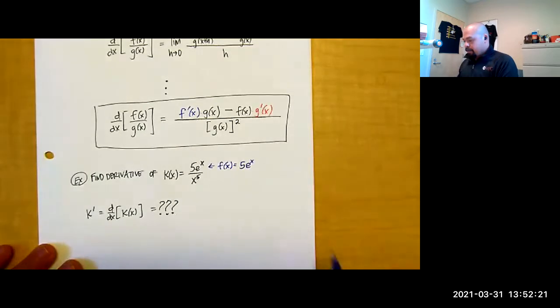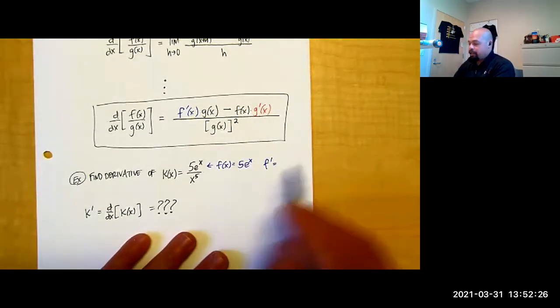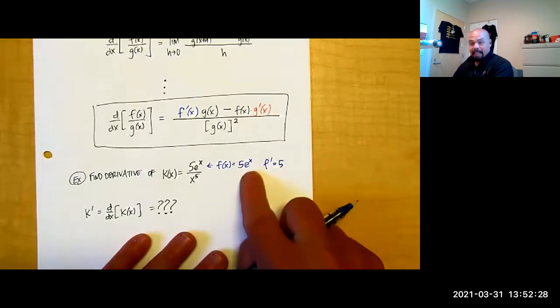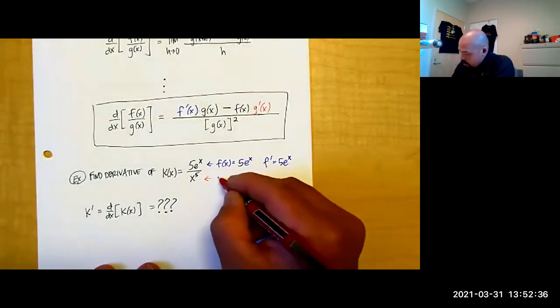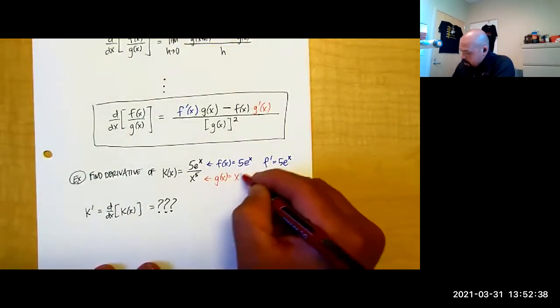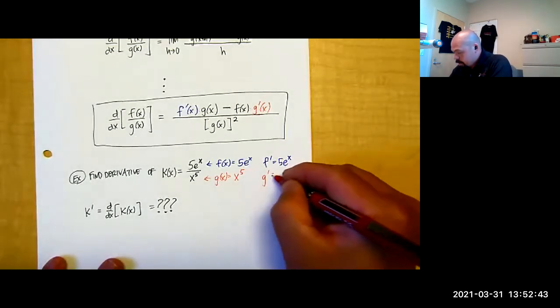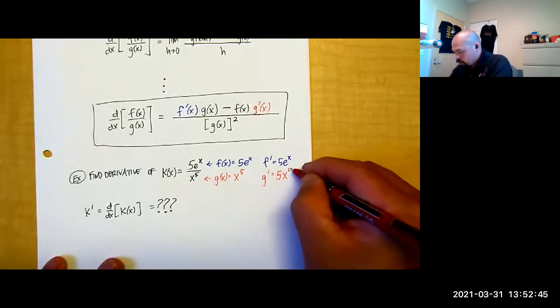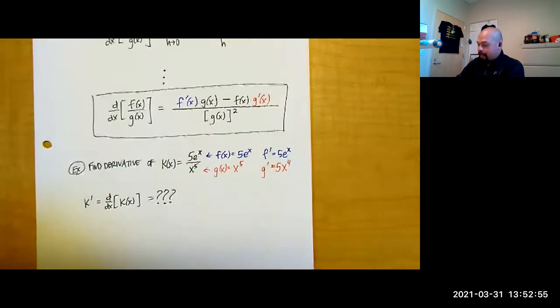5e to the x, the derivative here, f prime, that constant, that coefficient stays with us. The real function, e to the x, the derivative of e to the x is e to the x. Our denominator function, g of x, that polynomial of power, x to the fifth, its derivative is 5x to the fourth, right? Doing that power rule. So then for our quotient rule here, when I take that derivative,